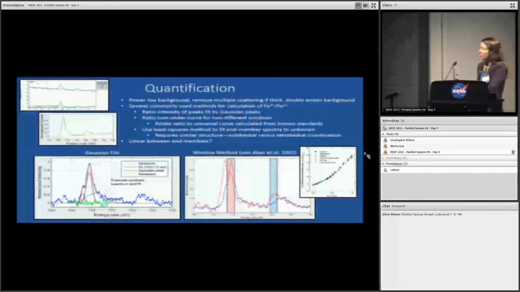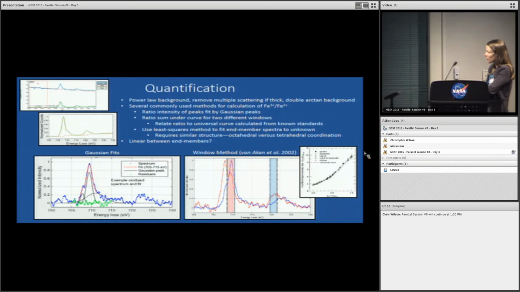The quantification of the iron oxidation state has several different ways to go about it. First step is to remove the background. It's relatively straightforward. And then we need to fit these peaks. One way to do this is to fit this first lower energy edge with a series of peaks, one that represents the more reduced part of the spectrum and one that's more oxidized, and then you can ratio those